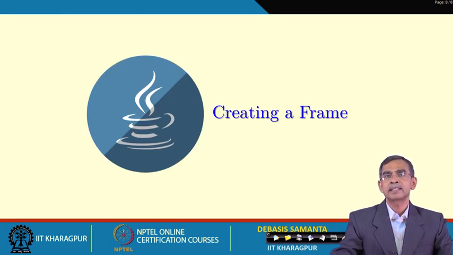Now, first let us discuss how we can create a frame using our AWT toolkit. A frame is basically another container. A container and a component are basically the same thing, and an applet is also a container. Container means it contains many graphical user elements, GUIs like button, checkbox, scroll box, whatever there is. So, an applet can include all those things. A frame is similar to this; it can also include many components in it. So, a frame is a very important component which is defined in the AWT package.